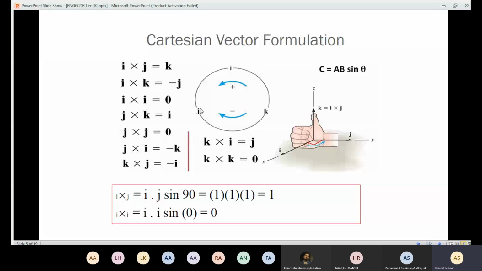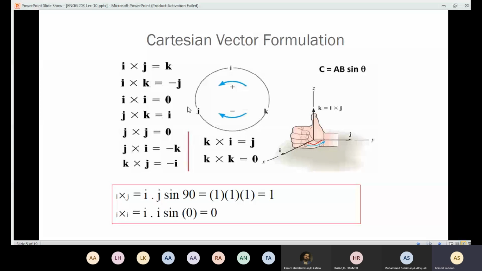If you are going to move from I to J, which means I cross J, you are going to get positive K. If you take the cross product of I cross K, then you are going to get positive I. If you want the cross product of K cross I, you are going to get